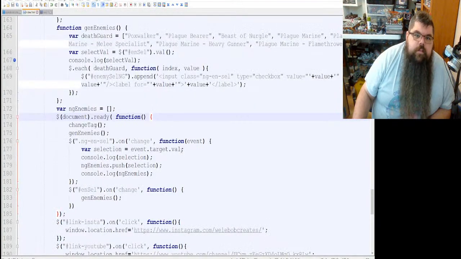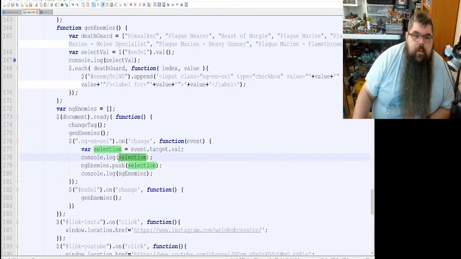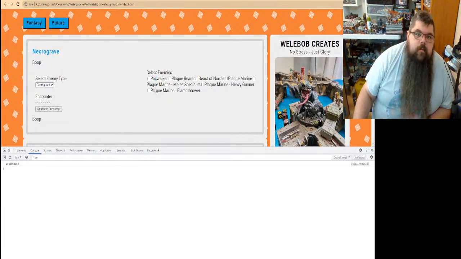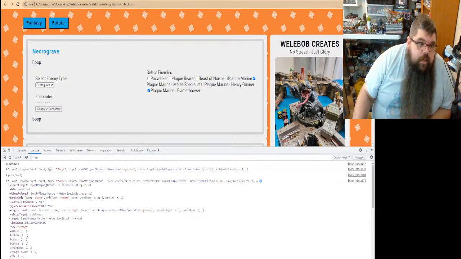Can you just console log event for me? I know this is gonna break the whole thing, because I probably have the wrong verbiage for it. Yeah. So event target.